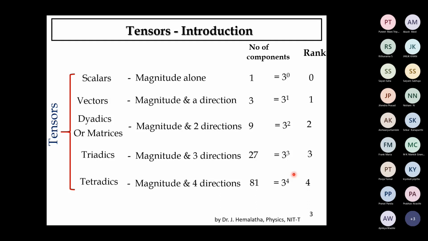Tensors can have many ranks. If a tensor has rank 0, it is nothing but a scalar. If a tensor has rank 1, it is nothing but a vector. So far we dealt with scalars and vectors in the previous units, right? And a tensor with rank 2 is a matrix. It is dyadics and they are in matrix form, which we are going to deal with in the next unit. Matrices we are going to see in the